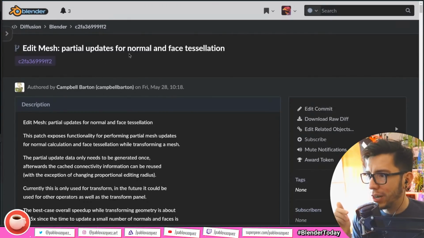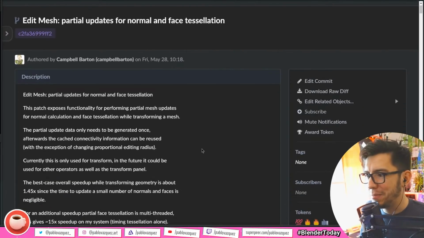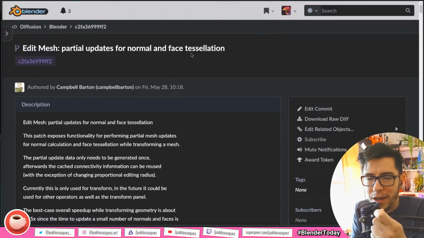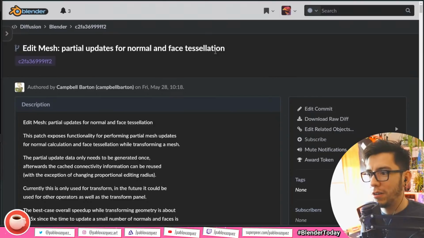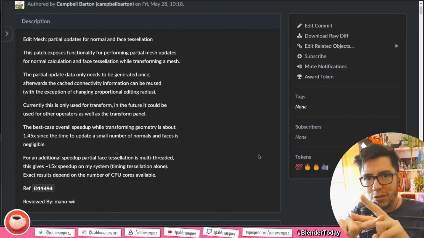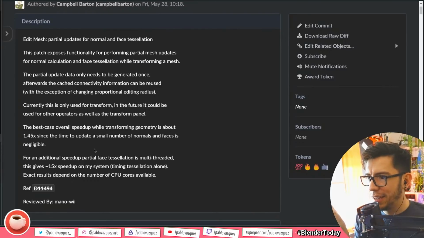So edit mesh, partial updates for normal and face tessellation. What does it mean? Well, when you edit a mesh and the normals change, or face tessellation, when a face becomes tessellated, like converted into triangles. Okay, so the best overall speed up while transforming geometry is about 1.45 times. That's okay. However,